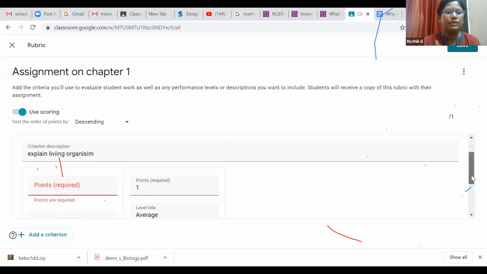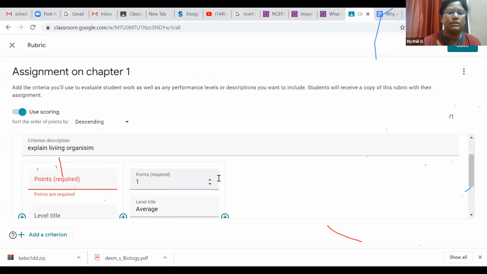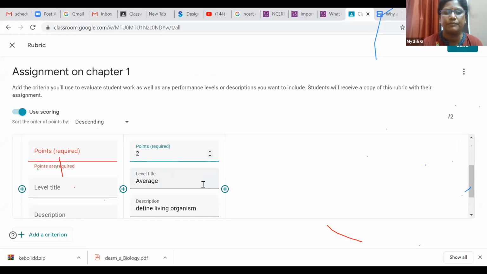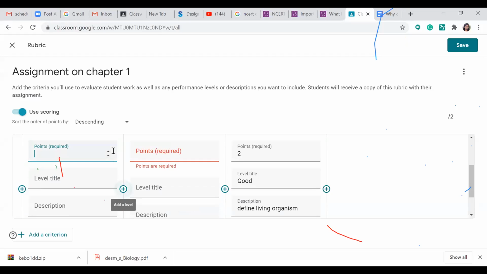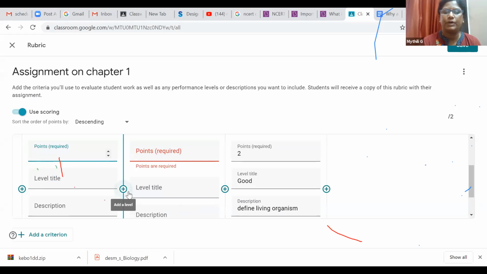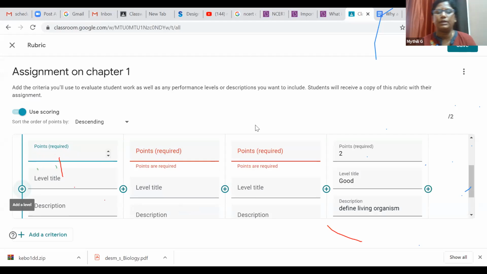So you can write this point. If they get 2 marks, then the level may be good. Out of 5, so the level may be this, and here I have to... so where is the point 1 I have added. Okay.